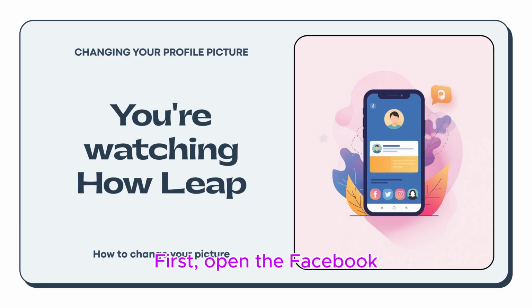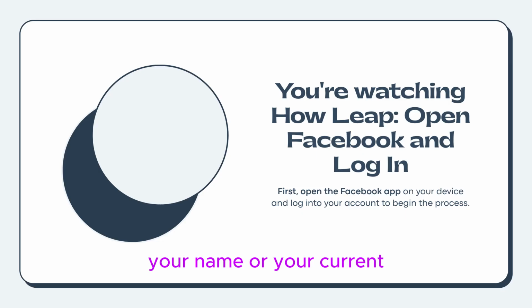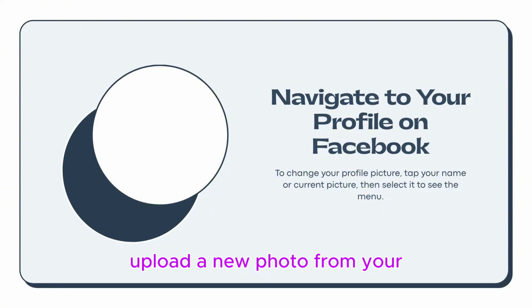First, open the Facebook app and log into your account. Go to your profile by tapping your name or your current profile picture. Now tap directly on your profile picture. A menu will pop up. Select Update Profile Picture. You can choose to upload a new photo from your phone's gallery or take a new